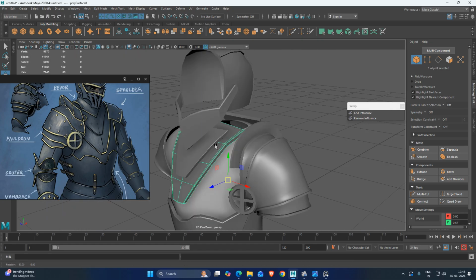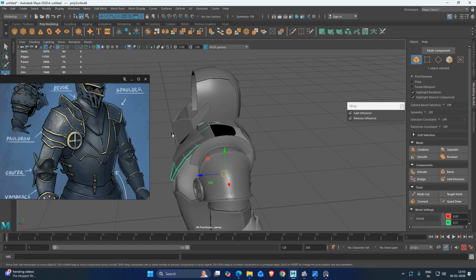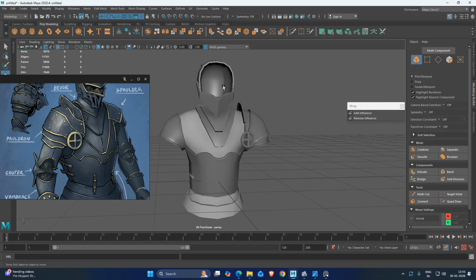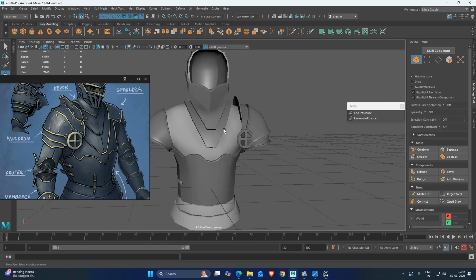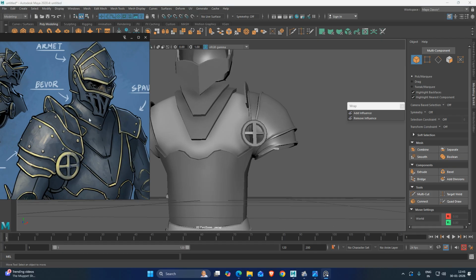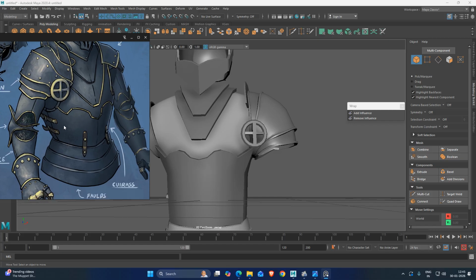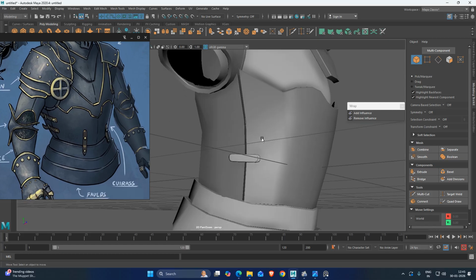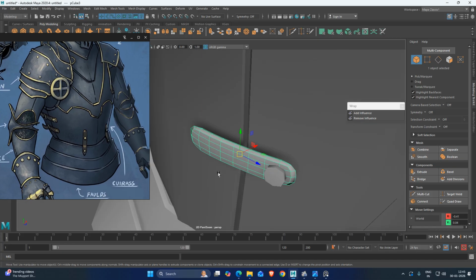Same goes with this one, right? Okay. To add this. And now what else is left? Now the nut bolts, right? We have to add the nut bolts and this belt as well. So let's